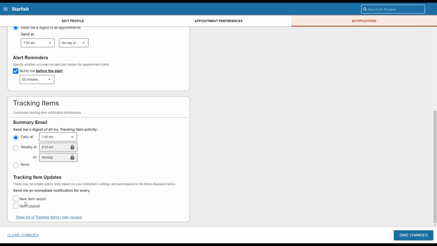The last part of this section is the Tracking Item Updates. Here you can select Send Immediate Notification for every new item that is raised or cleared. Selecting any of these options will provide individual emails for all the tracking items immediately as they are raised or cleared for the students you are associated with in Starfish. To have immediate notifications, check the desired boxes. At RIT, we currently do not recommend using this option as the daily summary email includes all of our alerts in a timely manner. When you have finished updating your settings, press the Save Changes button in the bottom right